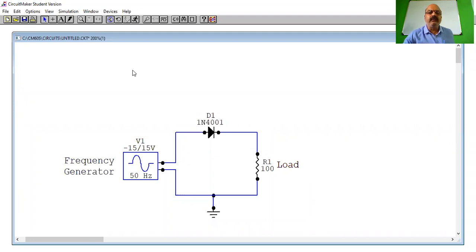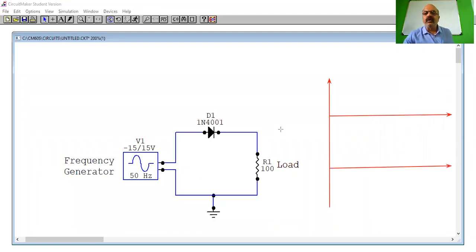Now we know what type of waveform we get. Suppose I'm just drawing the waveform. So this is a sine wave.